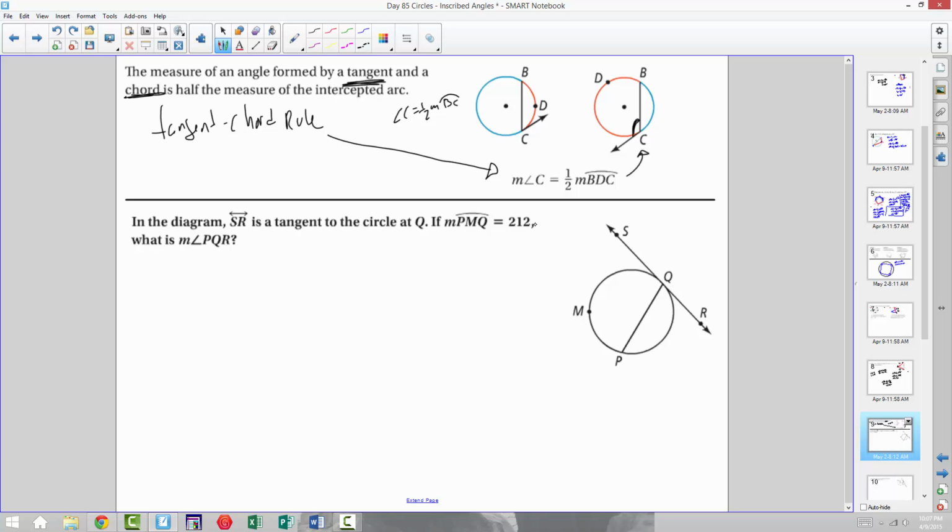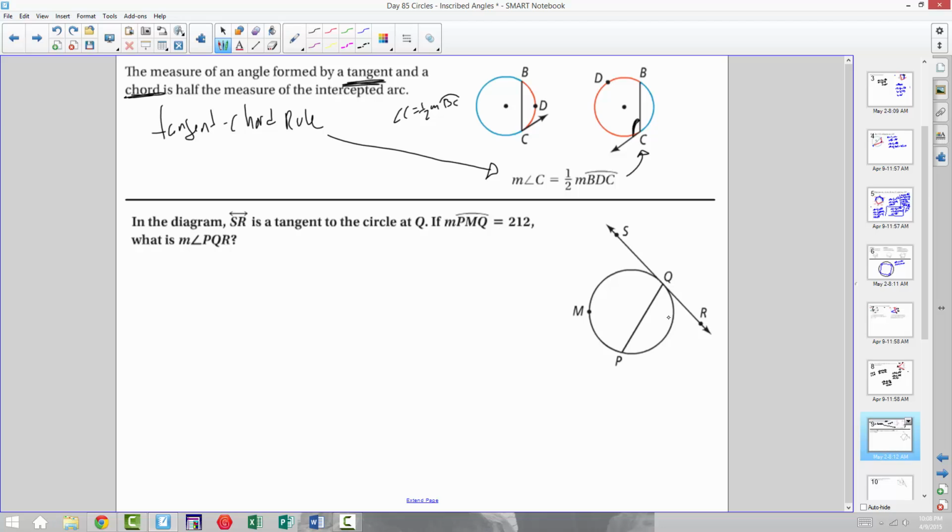So SR is a tangent, so don't assume angle Q is 90. Angle Q is 90 if PQ is diameter, because a tangent, don't forget, is perpendicular to a radius. Here I'm saying I have a tangent and a chord, so the angle formed is half the intercepted arc. So if